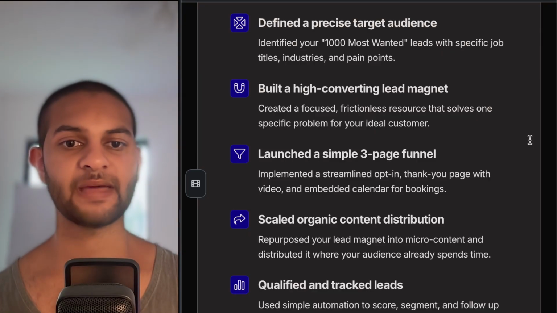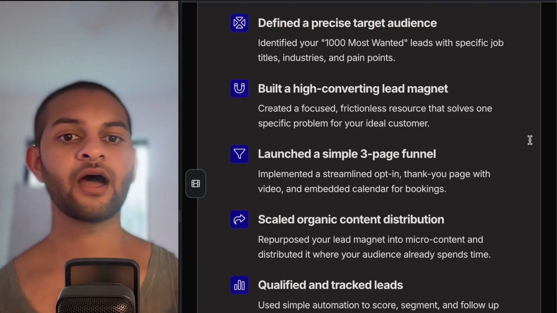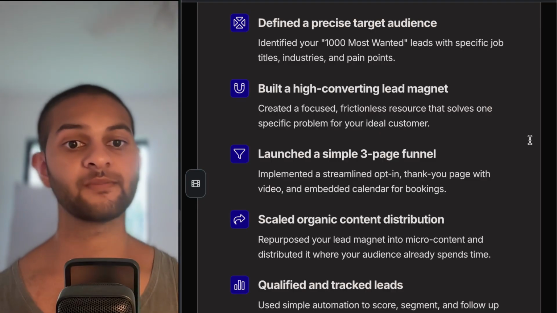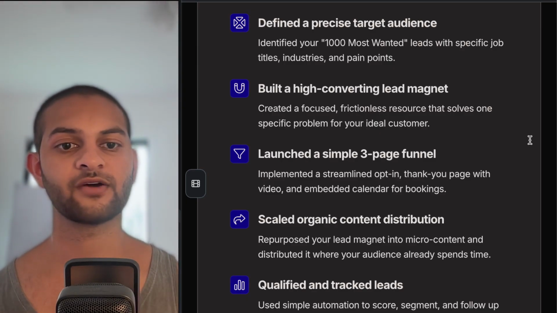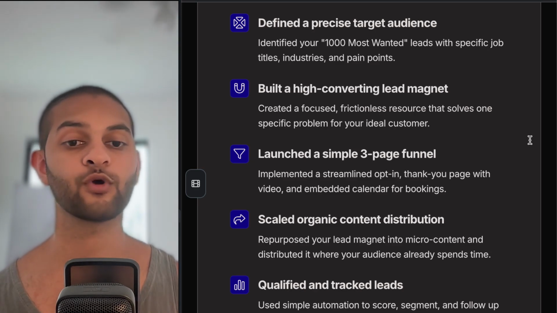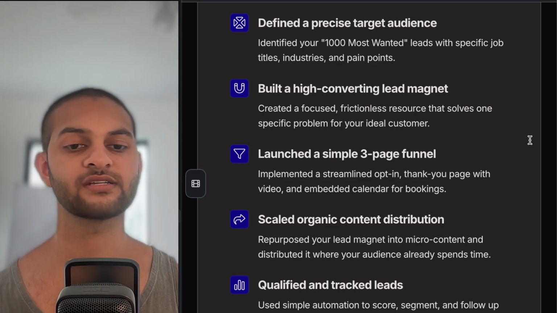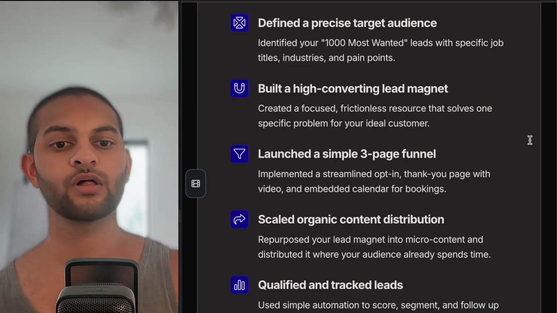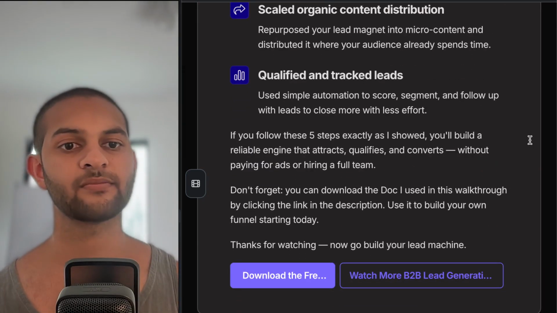built a high converting lead magnet, created a focused, frictionless resource that solves one specific problem for your ideal customer, launched a simple three-page funnel, implemented a streamlined opt-in thank you page with video and embedded calendar for bookings, scaled organic content distribution, repurposed your lead magnet into micro content and distributed it where your audience already spends time, qualified and tracked leads, used simple automation to score, segment, and follow up with leads to close more with